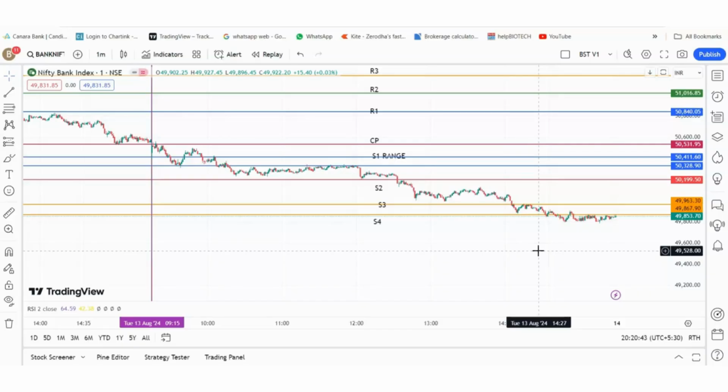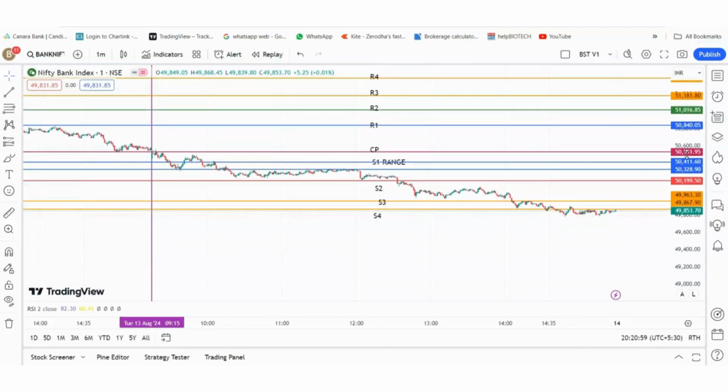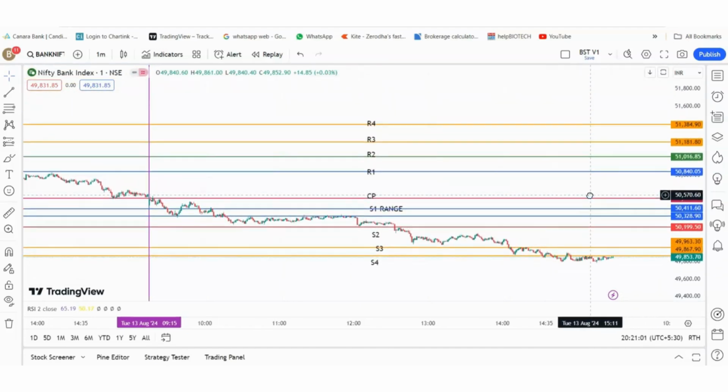So friends, the 13th August market is over, and here we have the chart in front of us. I hope you all had drawn those 9 lines on the chart, the 4 lines of resistance, then 4 lines of support, and the central pivot. So actually, yesterday the levels that I gave,